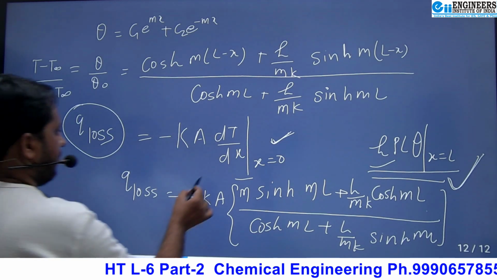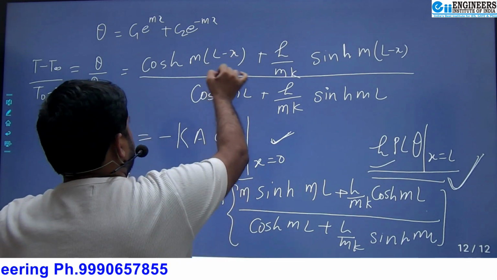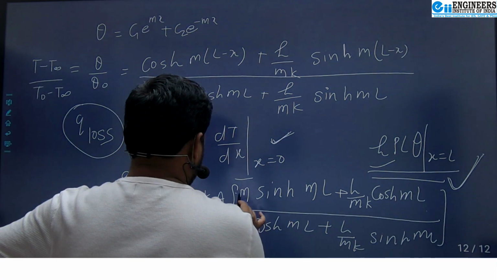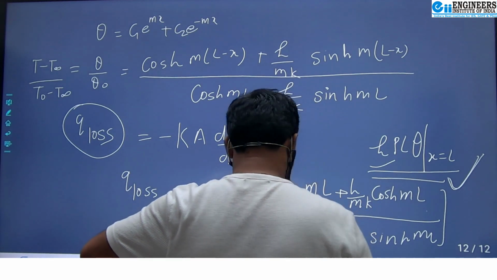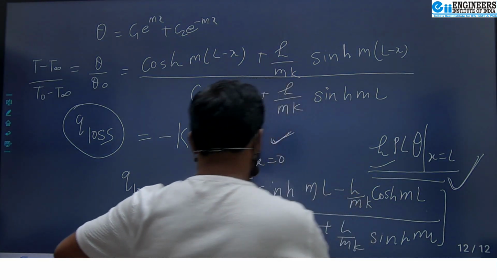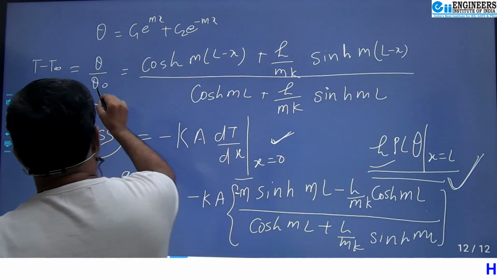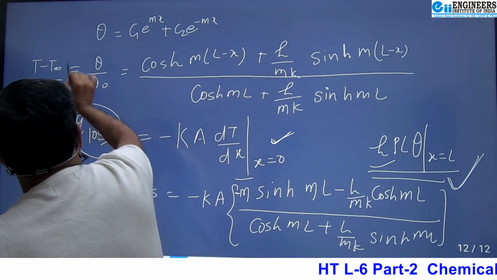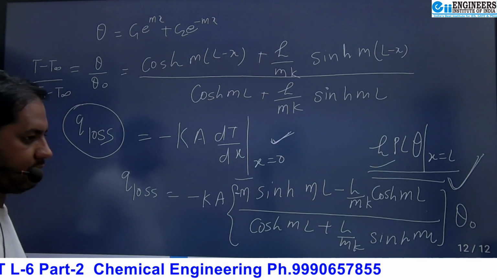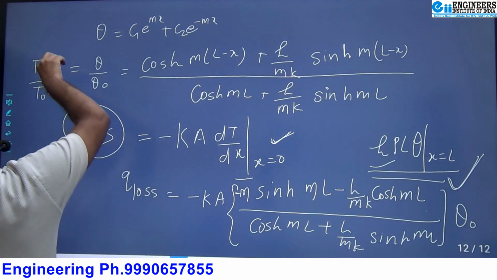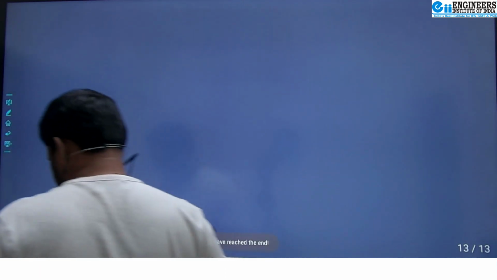And this particular, this is only dt by dx. So if you differentiate L minus x, then a minus sign comes out here. Here also you are differentiating L minus x, then a minus sign will come out here. And this whole differentiation is multiplied with theta naught, because you are differentiating only t minus t infinity. So whatever is multiplied goes with theta naught, because you are just differentiating t minus t infinity, so t naught minus t infinity goes that side, and you will get the final expression like q equal to